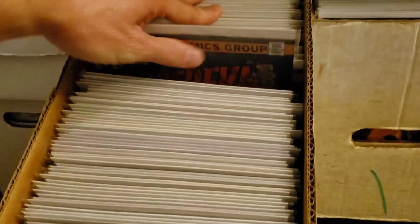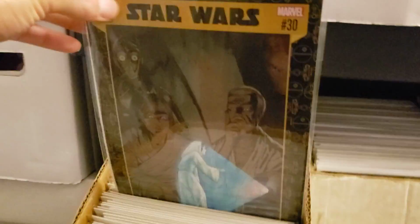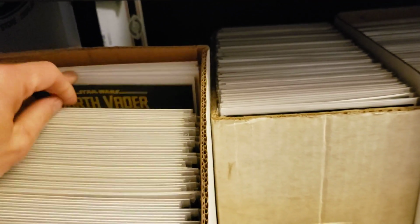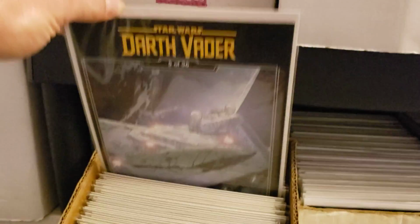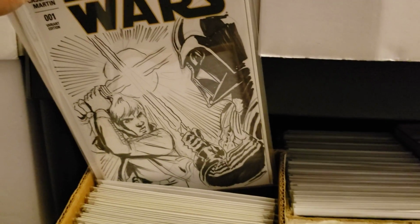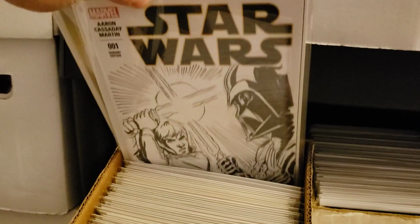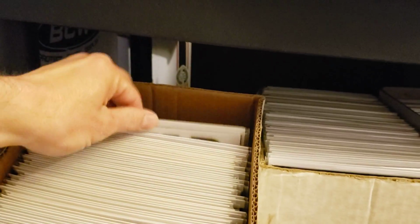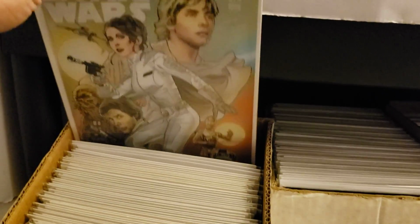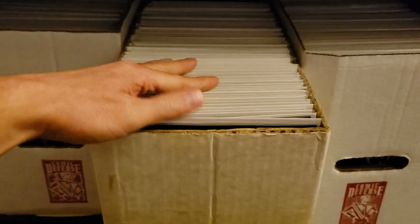And then I collected the 40th Star Wars anniversary variants. So I have all those issues, and I just started collecting the 40th anniversary Empire Strikes Back variants, right? So I got Star Wars variants. There's a sketch cover that an artist, I forget his name off the top, Brandon McKinney or something like that, I believe he was a Dark Horse artist. So I got some Star Wars variants in there,